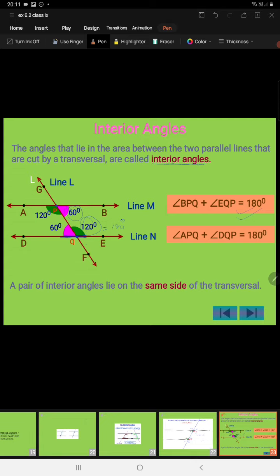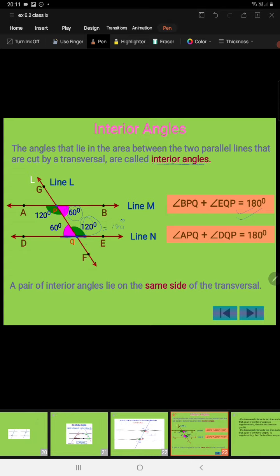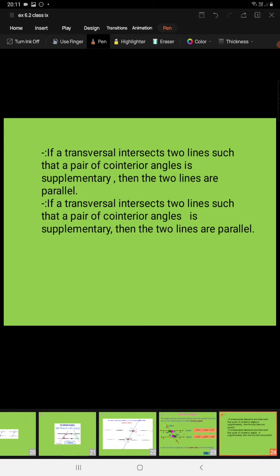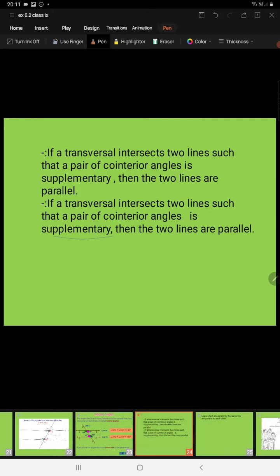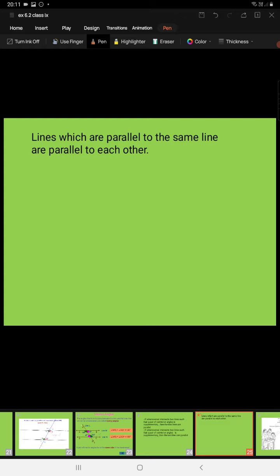So the co-interior angle axiom is that if a transversal intersects two lines such that a pair of co-interior angles is supplementary, then the two lines are parallel. And if a transversal intersects any two lines such that a pair of co-interior angles is supplementary, then the two lines are parallel. So the next very important theorem which we will deal with here is: